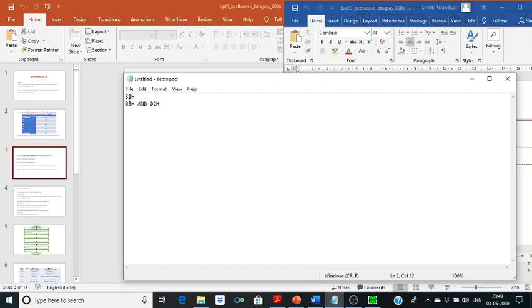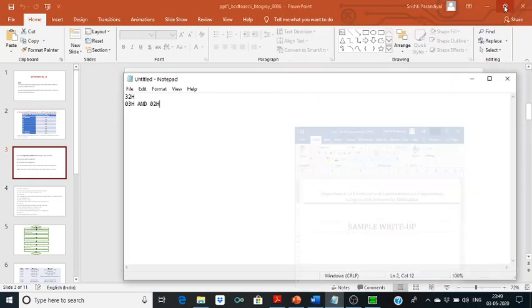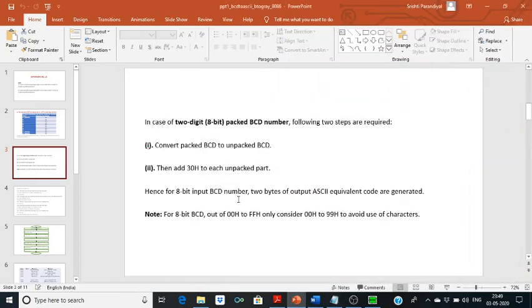So this way we have unpacked it, and the next step will be just addition of 30H to each unpacked part. So in this way we can convert 2-digit packed BCD number to ASCII equivalent.